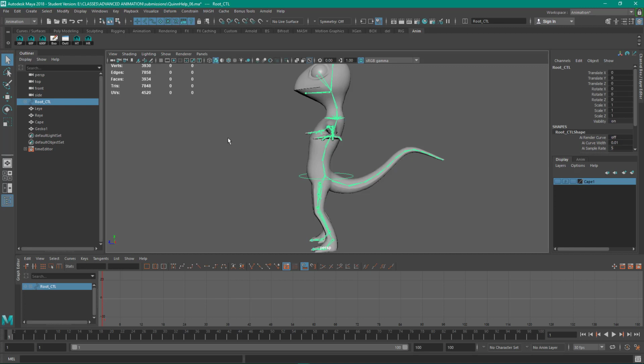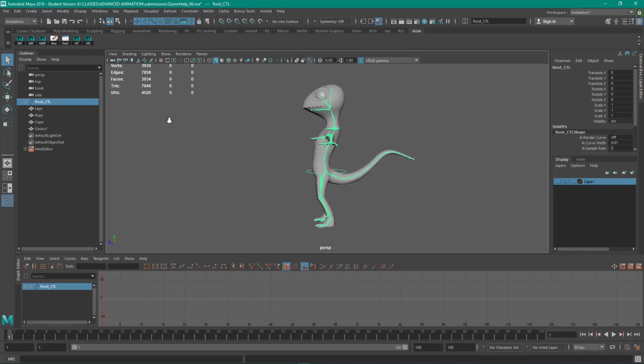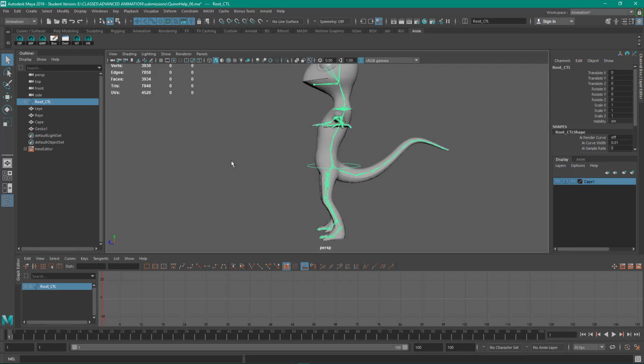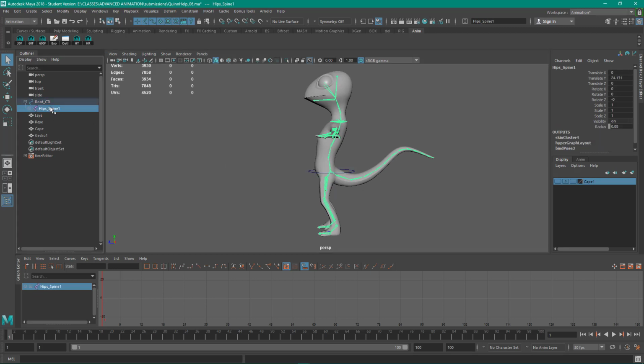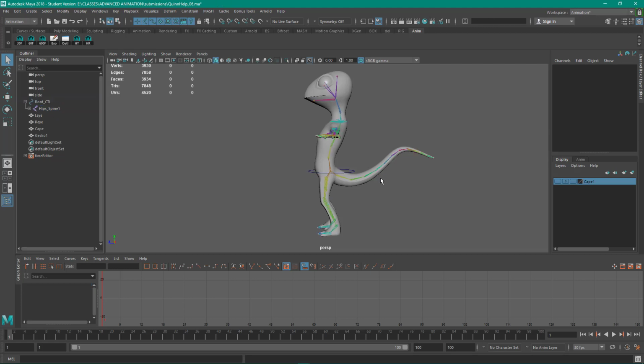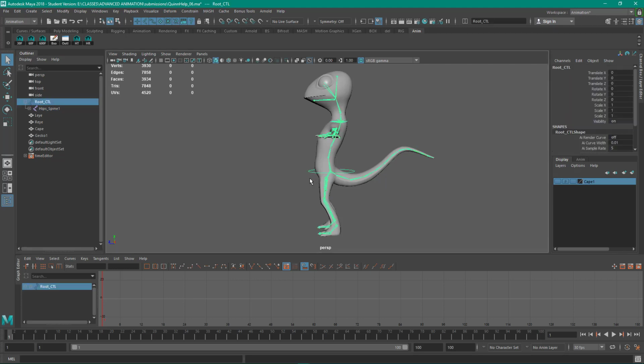So in this case, this gecko only has one controller and then just a skeleton, just to keep it simple. So it's got just the controller that's the parent of the joints here. Now, we're